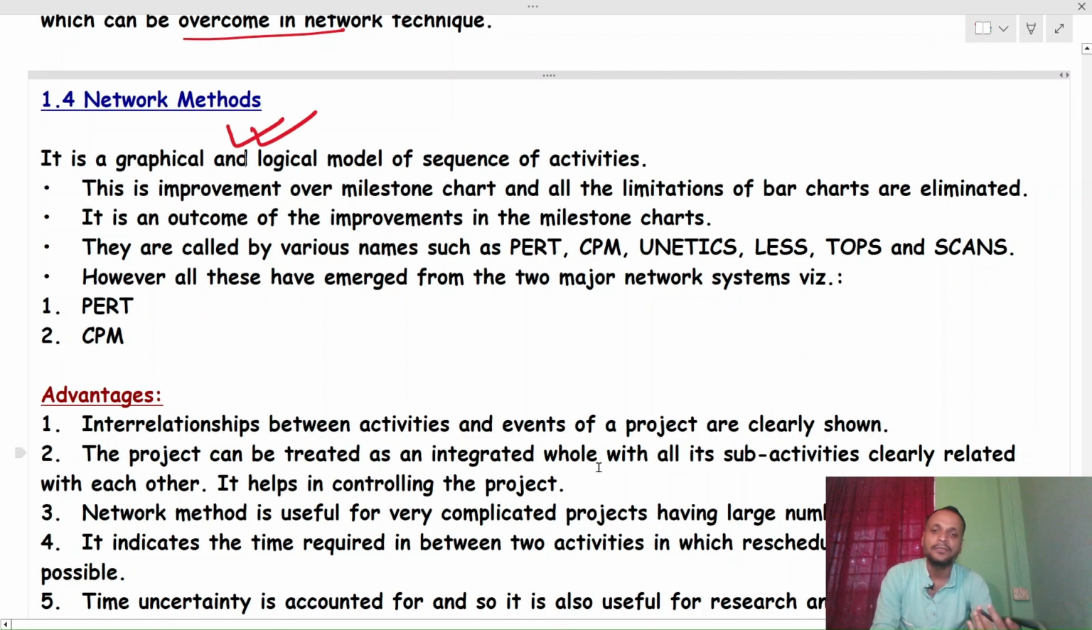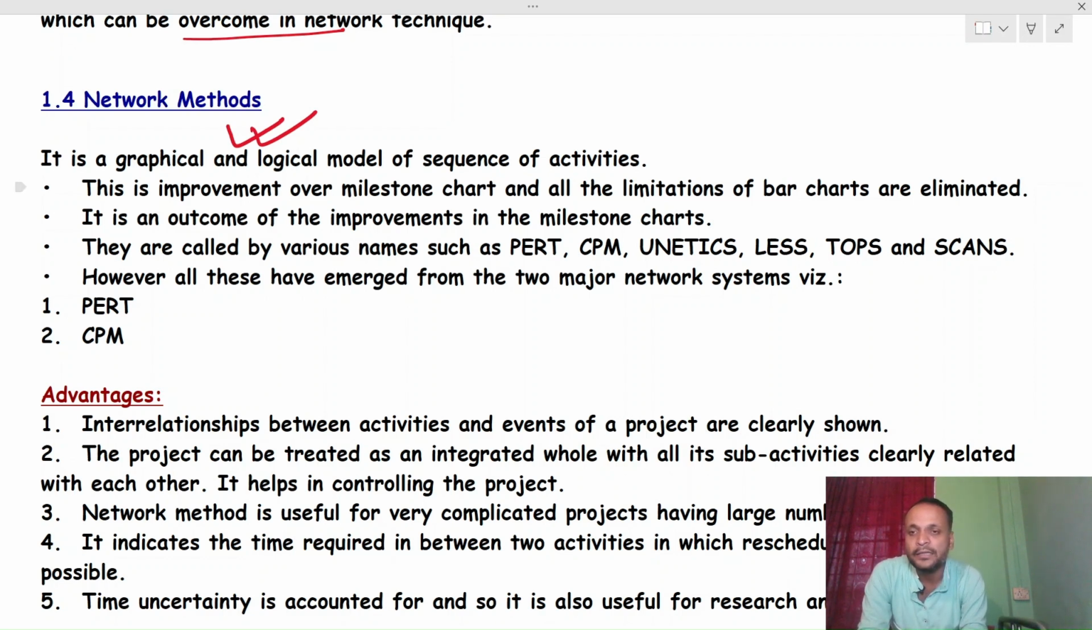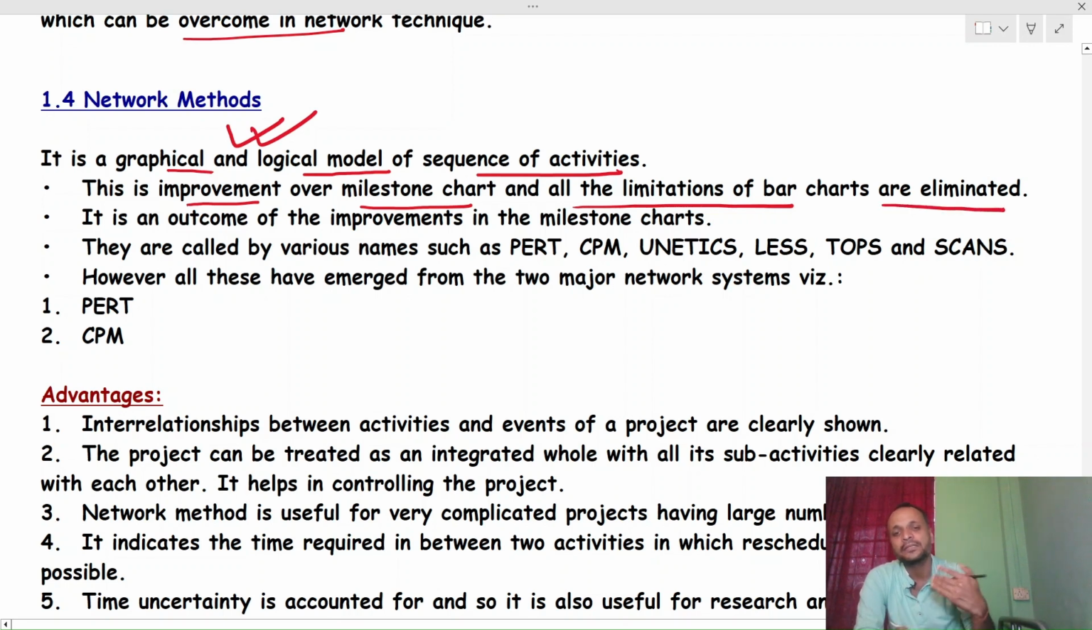मेथड, और इन दिस केस वी आर एबल टू एड्रेस दोज deficiencies that we have not able to overcome in the bar. Okay, so in network methods, basically it is a graphical and logical model of sequence of activities. So it is improvement over milestone chart, and all the limitations of bar charts are eliminated in this case. So bar chart जितने भी limitations थे वो यहाँ पर eliminate कर दिए जाते हैं, और उससे एडवांस में जो नेटवर्क मेथड है वो आपका काम करें। सो इट इज एन आउटकम ऑफ द इंप्रूवमेंट इन द माइलस्टोन चार्ट।